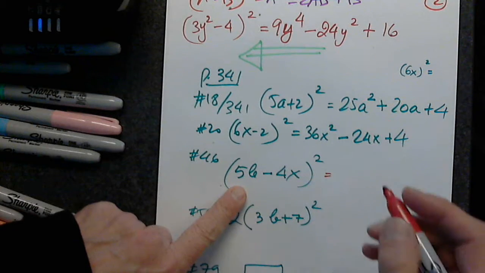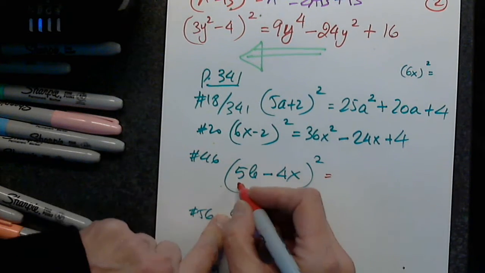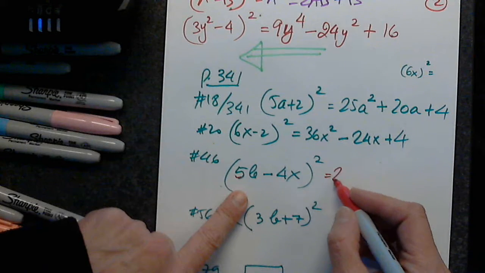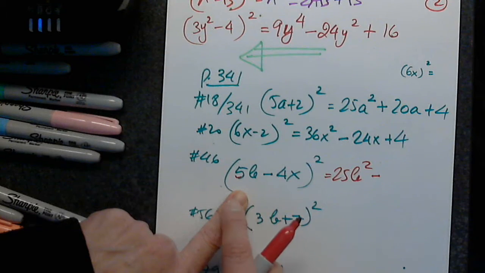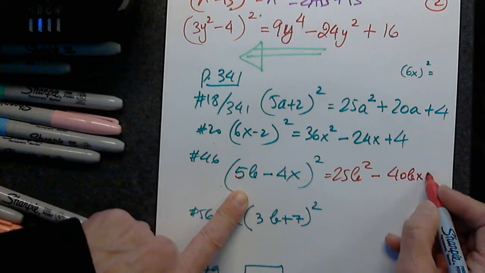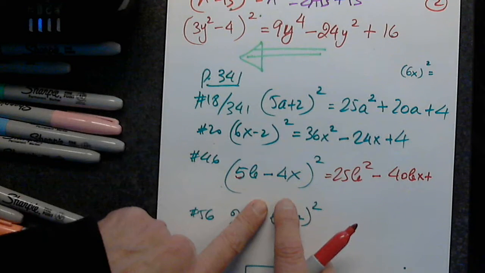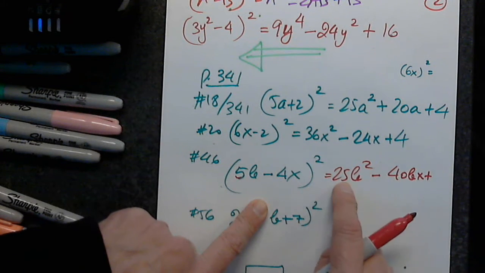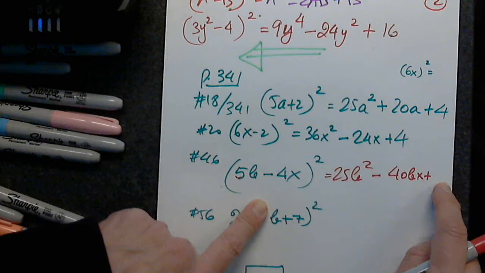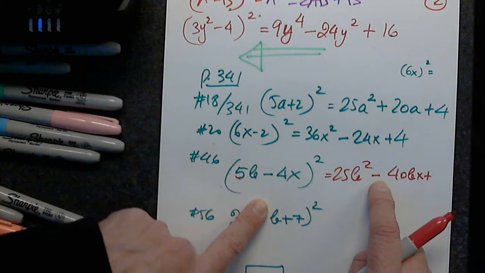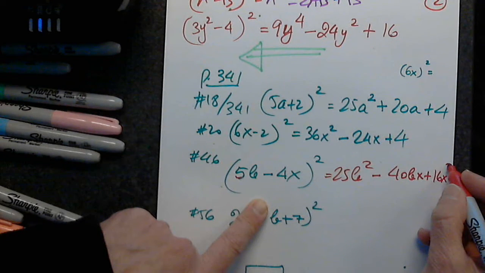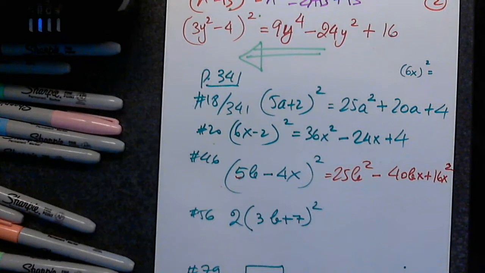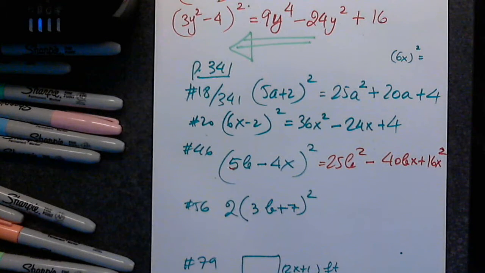So, ready? Is that 5b? Yes. Is it 25b squared plus... careful, if this is minus. Minus 40bx. Very good. Minus 16. That's never the case. The first term is always positive, the last term is always positive, only the middle one could change, either positive or negative. So then plus 16x to the 4. Oh, squared, because there's no... I just didn't see that. Very good. Is that clear? So the middle,